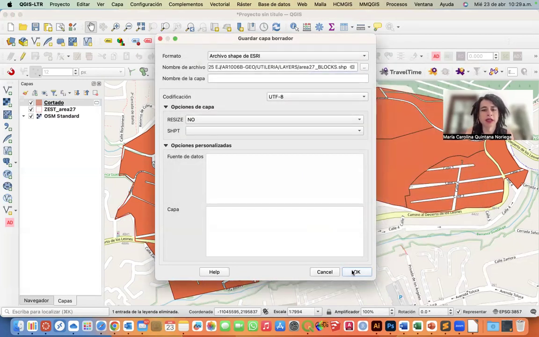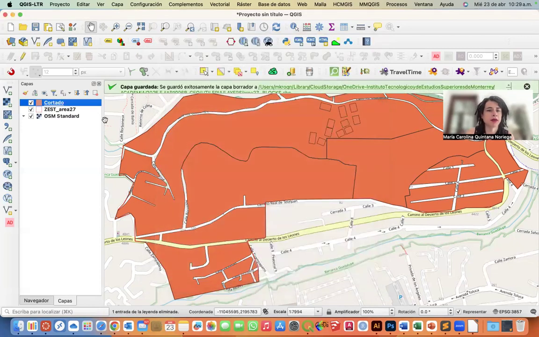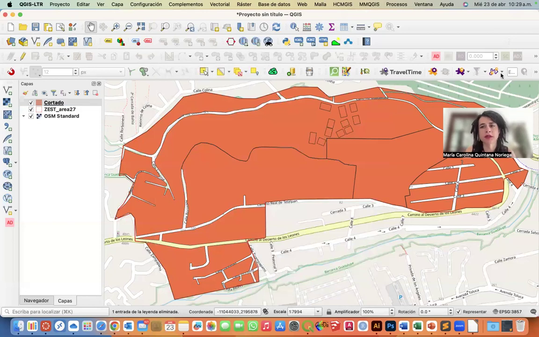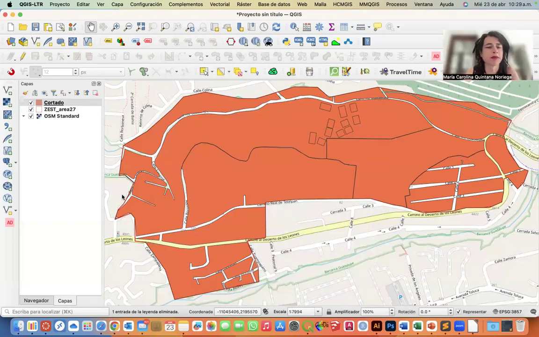And I will click OK. And as you can see, now it's been saved. Capa guardada. I don't need this message. I can close it. It would close by its own, but it's okay. And so,